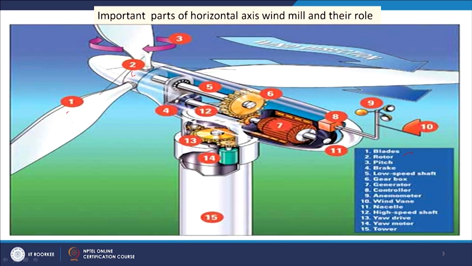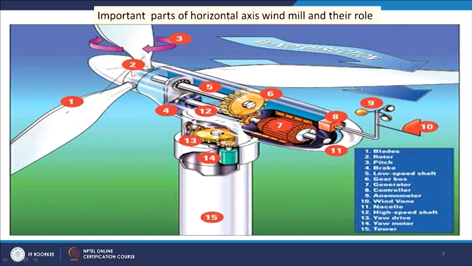And 5 we have shaft, that is your low speed shaft, and 6 is our gearbox, and 7 is our generator,